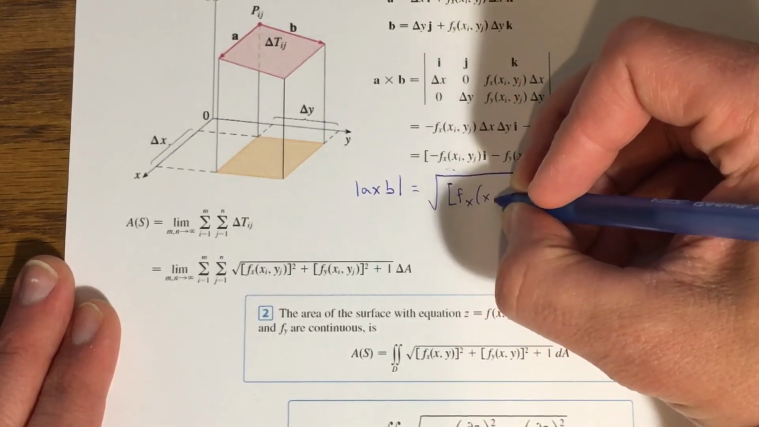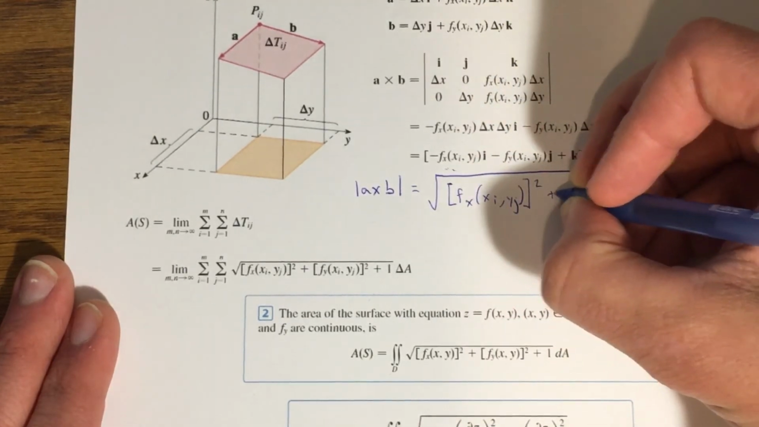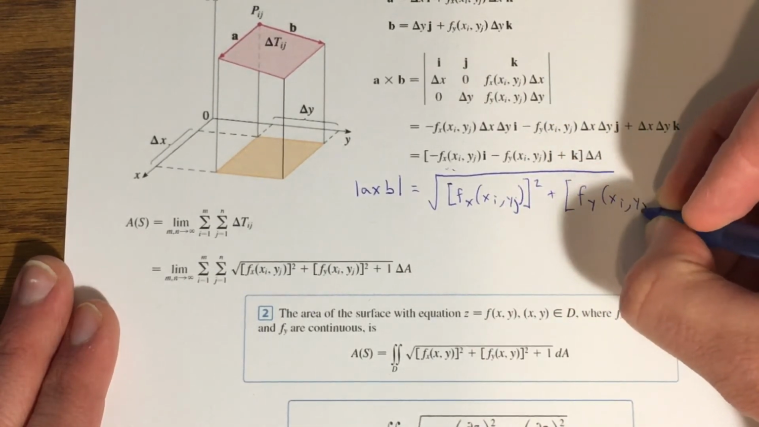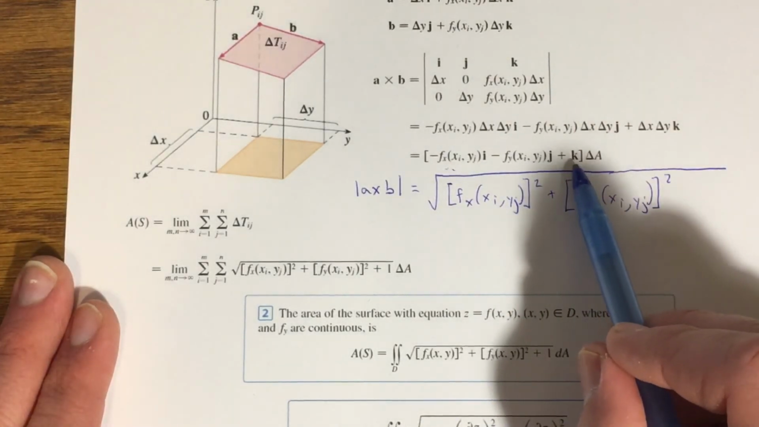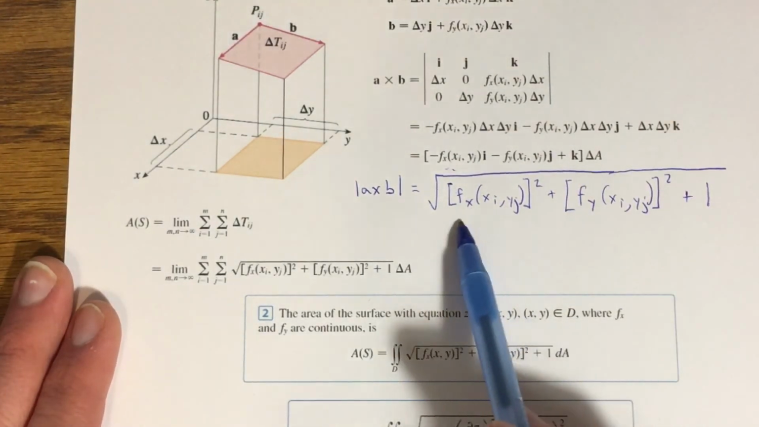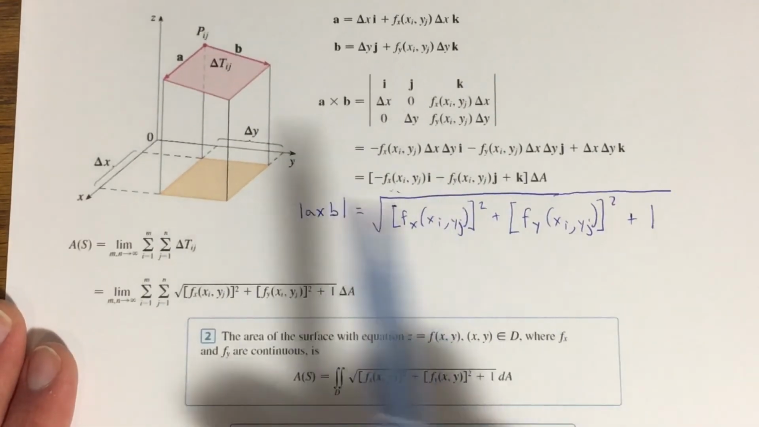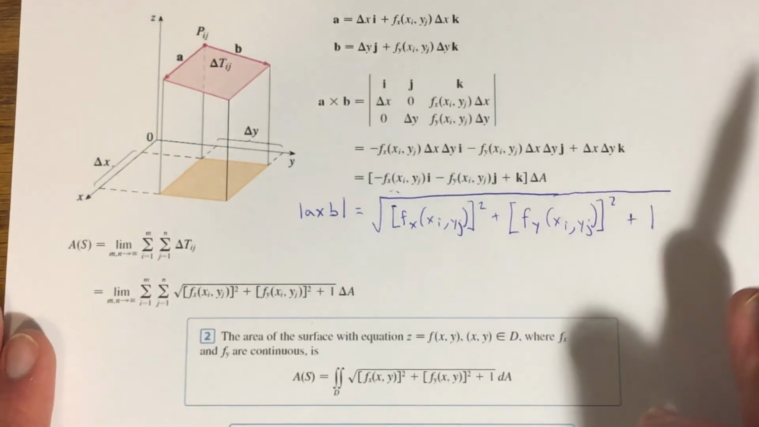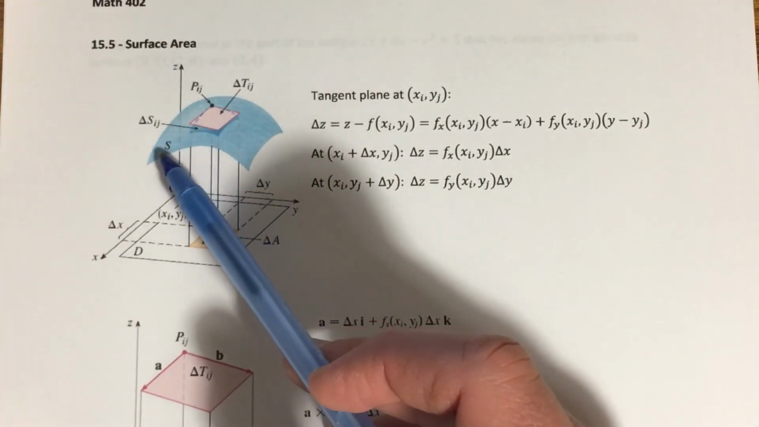fx(xi, yj) squared plus fy(xi, yj) squared. And then the k component of this vector is 1. That's the coefficient there. So plus 1 squared, which is just 1. This would represent the area of that parallelogram for whatever point shows up here, (xi, yj). Okay? So now the goal, if we go back to the original problem, is to find the area of an